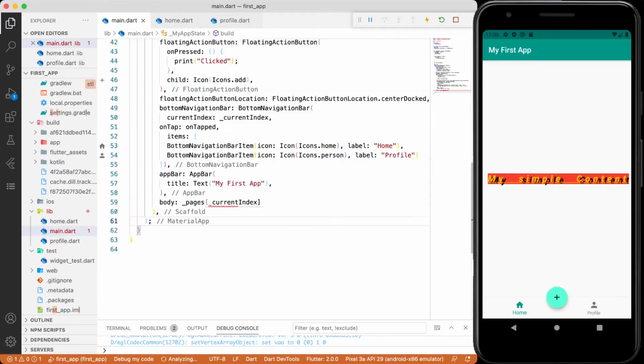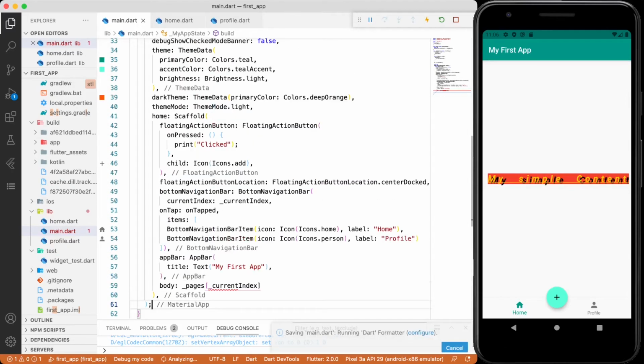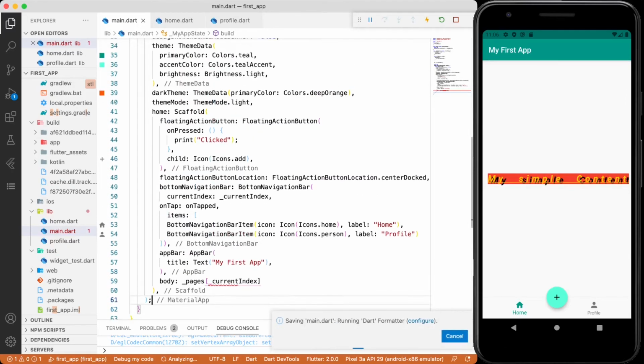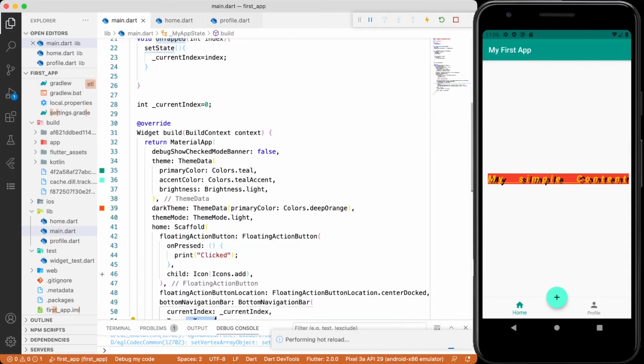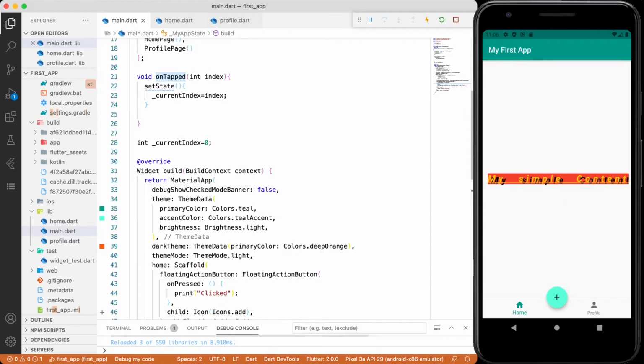So here what we did, we set the current index to change based upon the selection, and on tapping I called one function, which is nothing but onTapped. This will return the index.